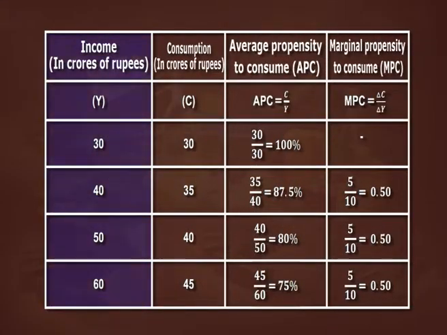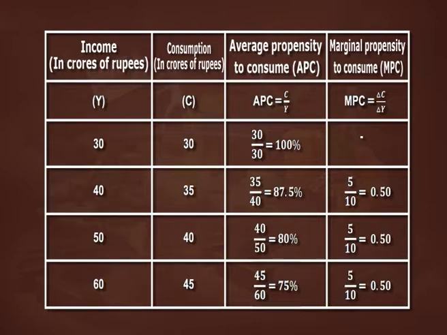Thus, APC is required to tell us what proportion of the total cost of a given output from planned employment may be expected to be recovered from selling consumer goods, wherein APS tells us what proportion of the total cost of a given output will have to be recovered by the sale of capital goods. In the table shown, with an increase in income by rupees 10 crore, the amount of consumption has risen by rupees 5 crore and the remaining amount has been saved. The same applies to further increase in income and consumption.